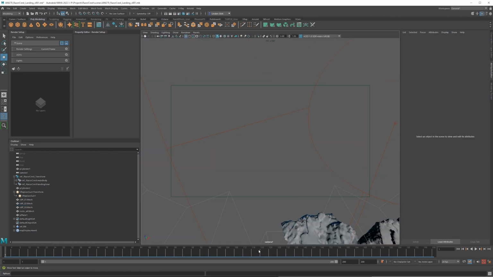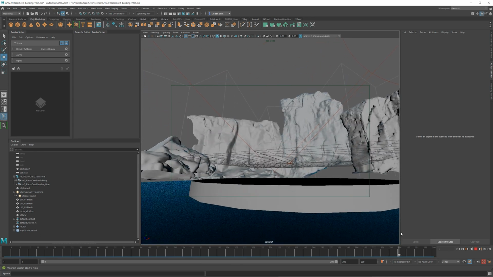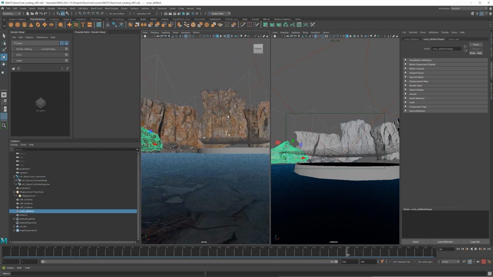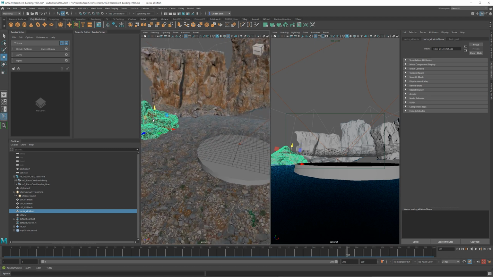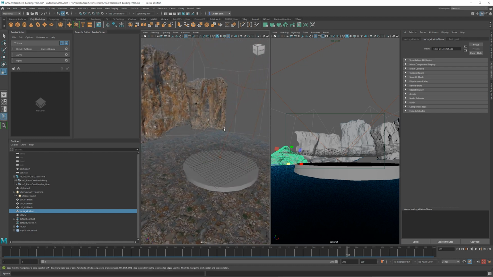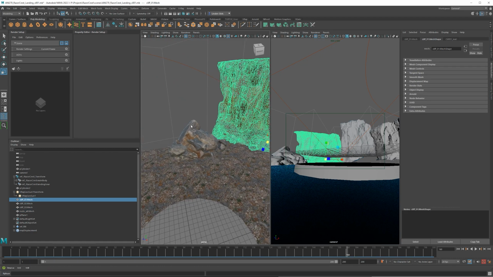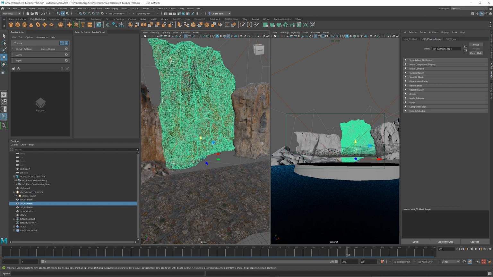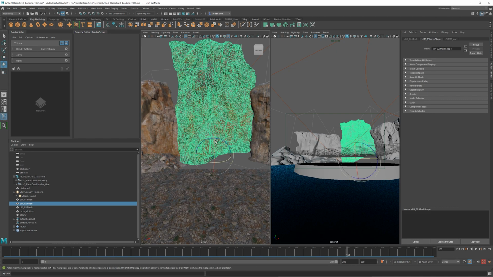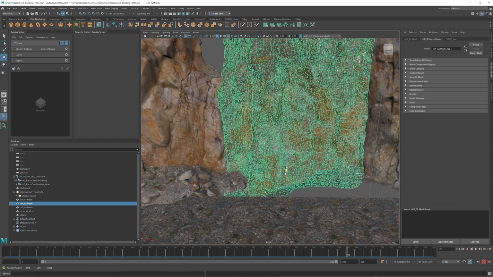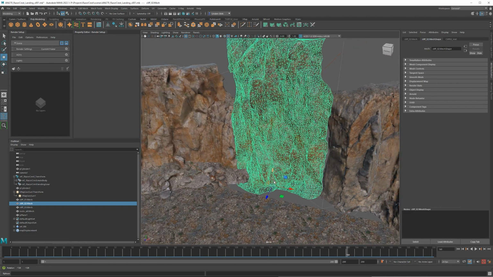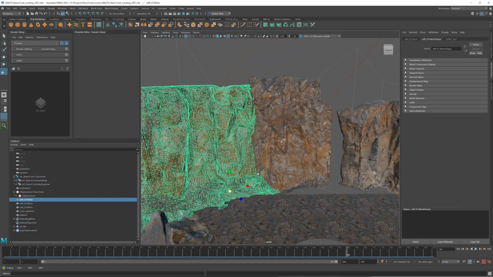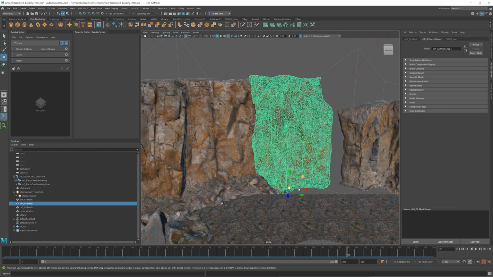The next part is you just want to basically place these assets where you think they should go. You can add as many as you want and make them look as you want. You want to reference where the camera is so you can see how these things are looking. Some of these, like this cliff here, look pretty good because it has a nice slope, but these don't really have much of a slope and they're kind of open there. So basically you just need to place these assets where you think they would look good, and you can have some overlap, and I don't think you're really going to notice if there's a lot of overlap.